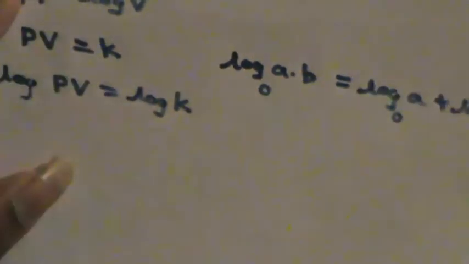So you know that if you are given an expression like log A times B, the theorem says log AB is equal to log A plus log B. The bases should be equal. The base is the value here, the base is the value here, and the base is the value here, right?